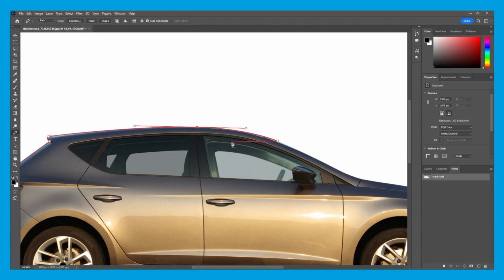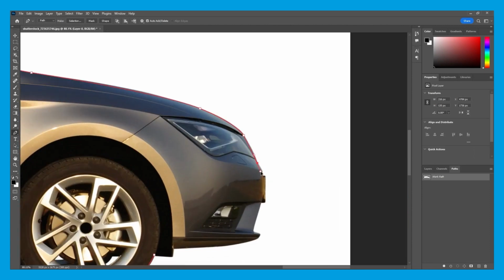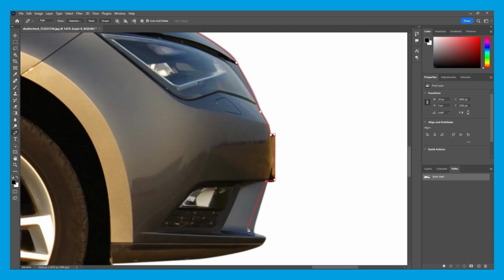And then let's say I wanted to remove this anchor point, all I have to do is hover over it again, and a minus icon will appear underneath the pen tool, and when you see that, just click and it removes the anchor. I'm trying to stay on the inside of the object, because in this instance I'm creating this path so that I can cut out the object, and then following around,